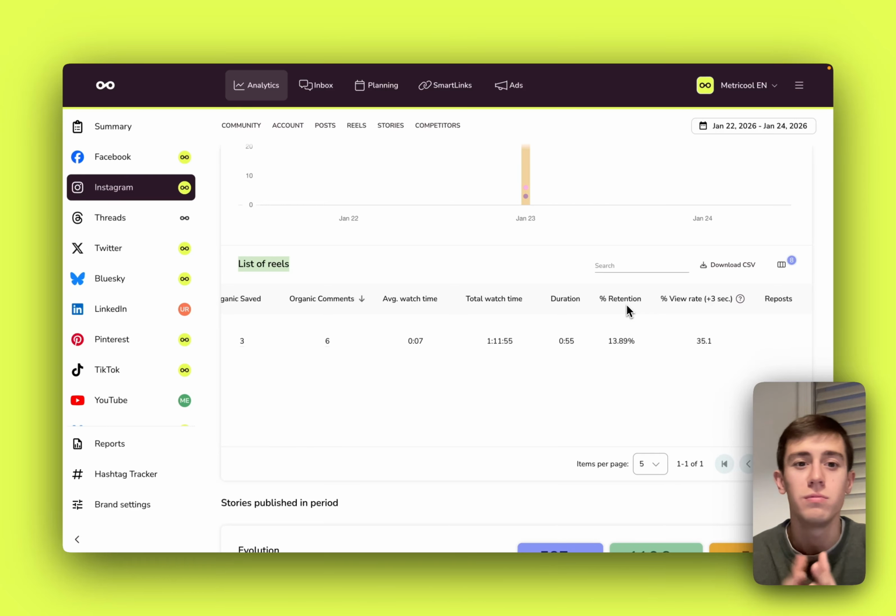Retention is all about how long someone is watching your video. So if your retention is super low, that means that people aren't really loving the topic that you're posting. But if your retention is high, that means that you can double down on those topics and information within your Reels. So next time you go to check your Reels analytics, make sure to look at the retention